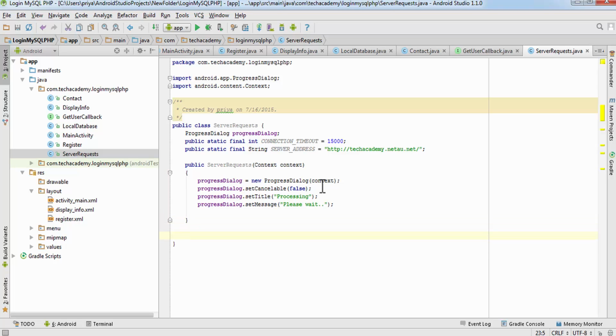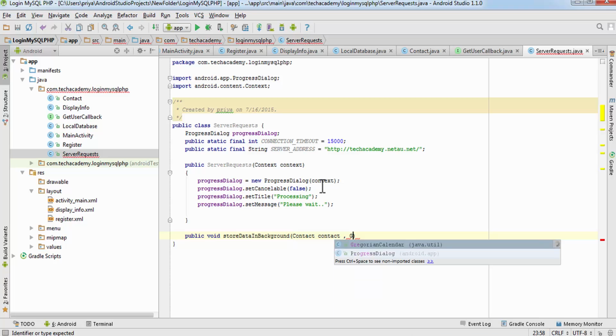Now we will create two methods. So write public void store data in background. So if you store the data on the server in background when it is saying that it is processing, it will take two parameters, contact object, contact, and get user callback.